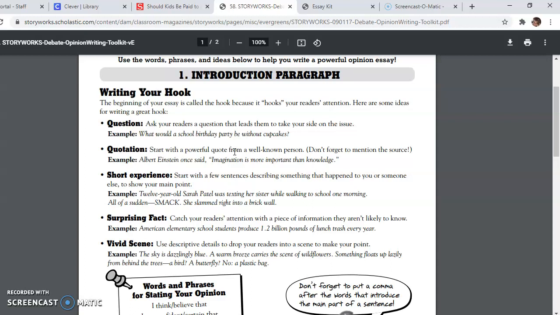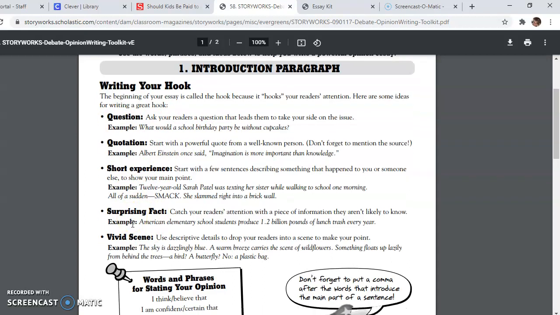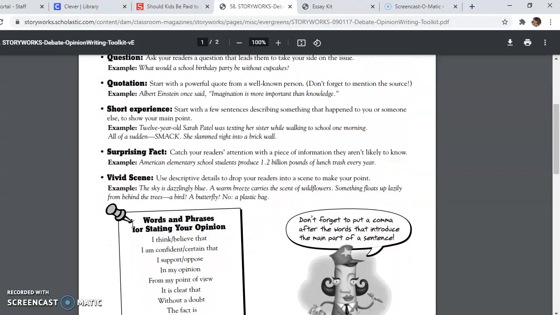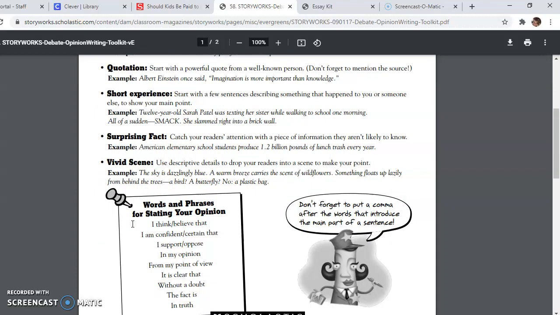And if everyone says, would you like to get paid to do your chores? Then that's not interesting anymore. That's not getting anyone's attention because it's overused. So this is the one that I would definitely take out of there, and I really dislike the fact that they put it first. Any of these others, they're not difficult to use, and I really encourage you to use them. So, for example, let's look at